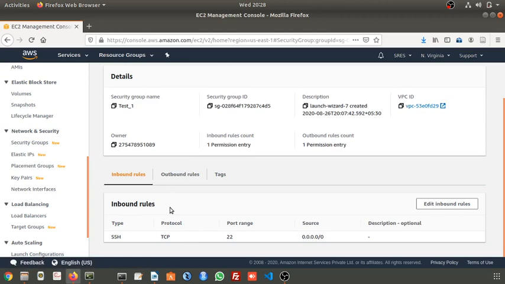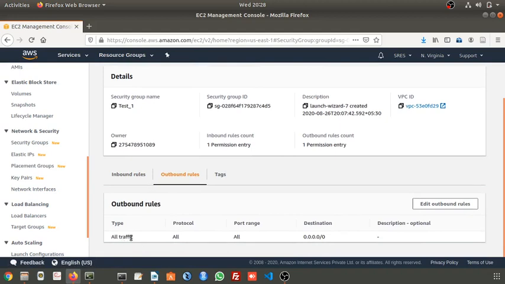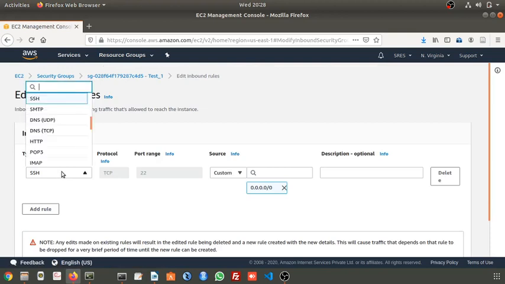In the inbound rules, I will edit this and allow ICMP if it is there. It is not there. So I will allow all ICMP, Internet Control Message Protocol.